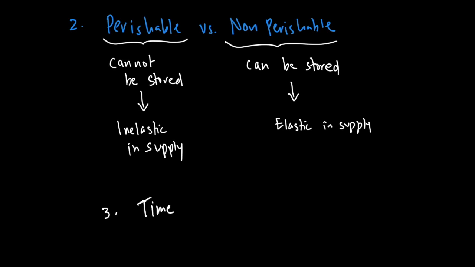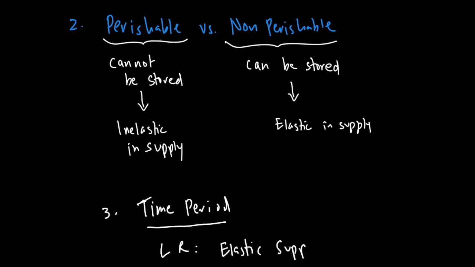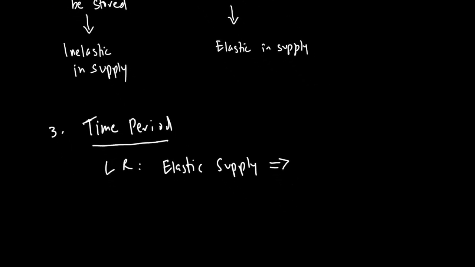If I give a producer a longer time period, let's say the long run, we will see the supply become elastic. Why will that be the case? Because the producer can easily increase his capacity, easily hire more labor, train more labor, and easily increase supply. So in the long run, supply tends to be more elastic because the producer